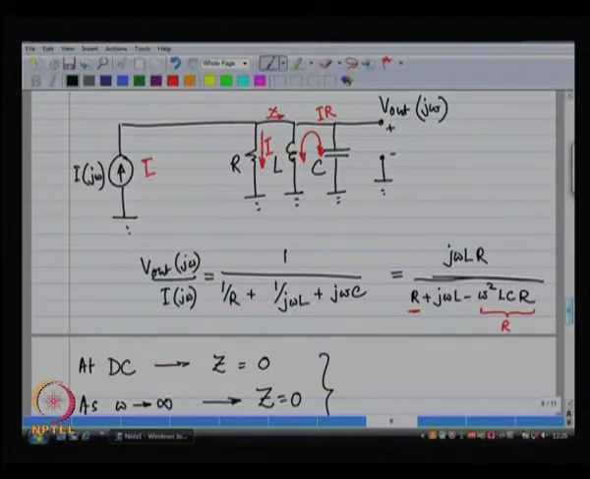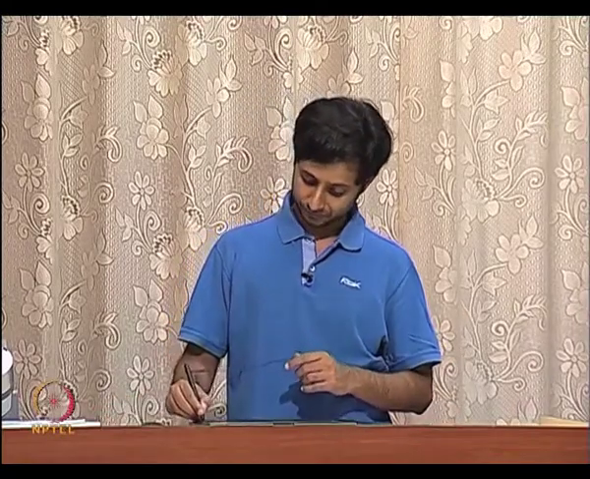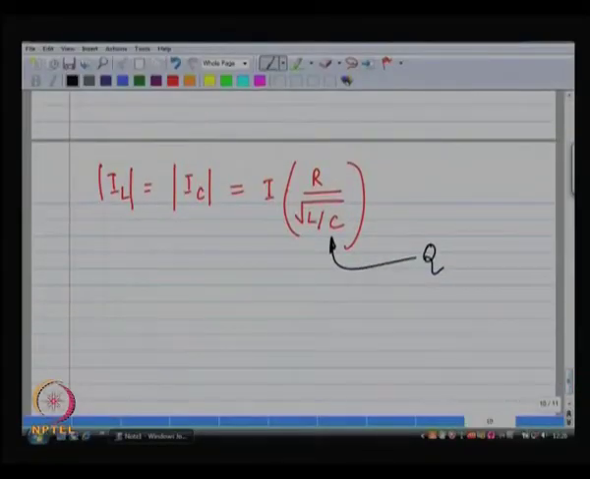The fact that the current through the inductor and through the capacitor is some constant times the current that you are pushing in through the resistor, and this constant is a function of R, L and C. It is basically R by square root of L by C, and if you make R very large, then you can make this factor arbitrarily large. The square root of L by C, are you reminded of something from the previous lecture, from the previous module about